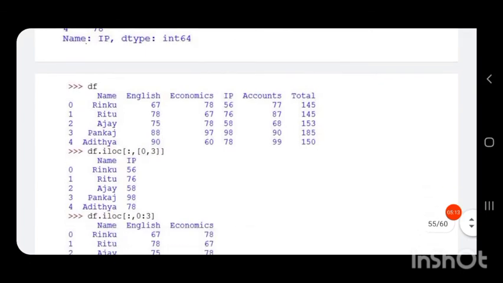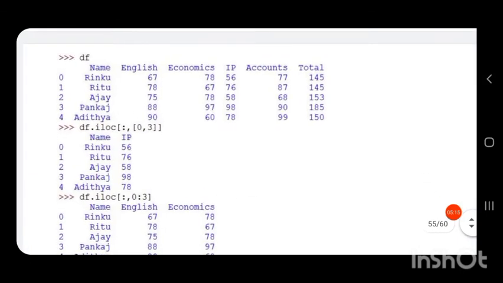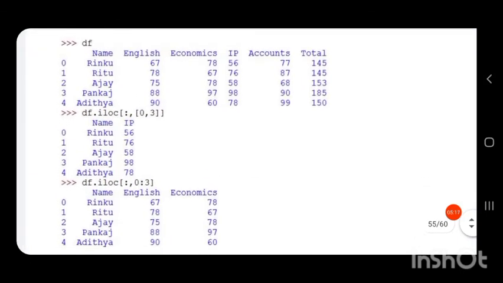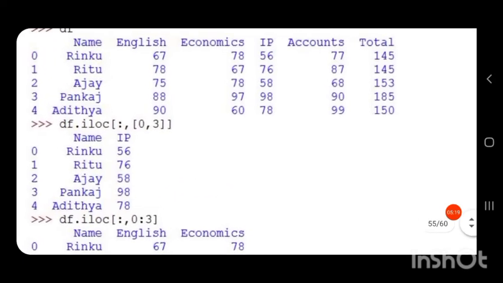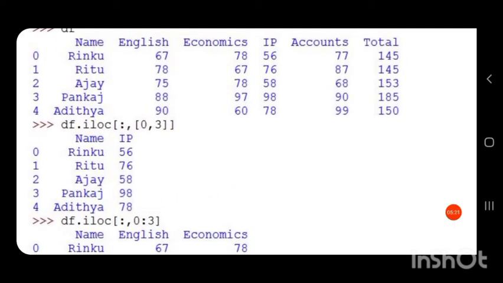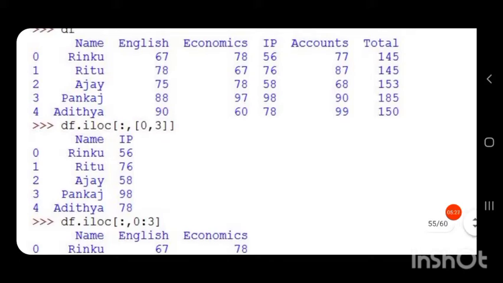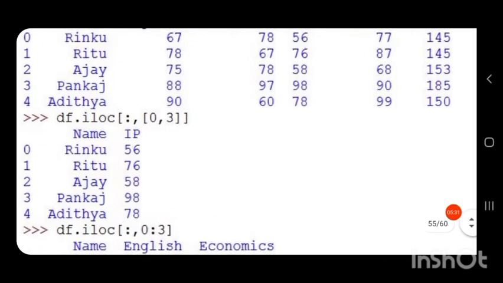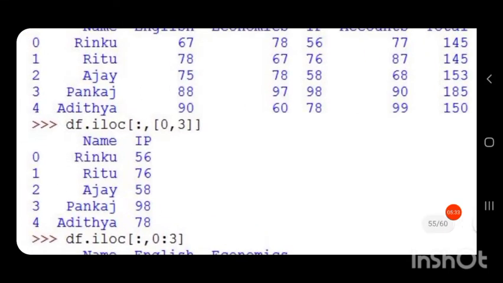And the third method I told is using iloc. So we have a data frame, with name, English, economics, IP, accounts and total as the columns. By using iloc, we write the data frame object dot iloc, colon, comma, the column numbers.